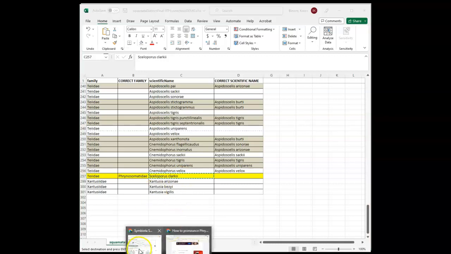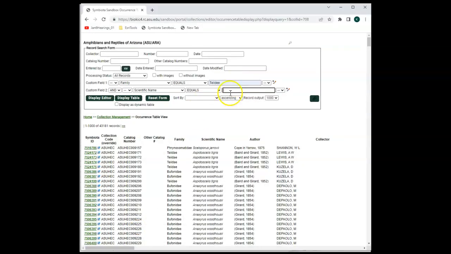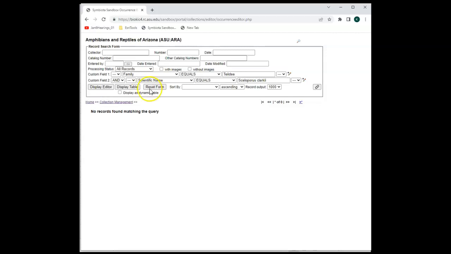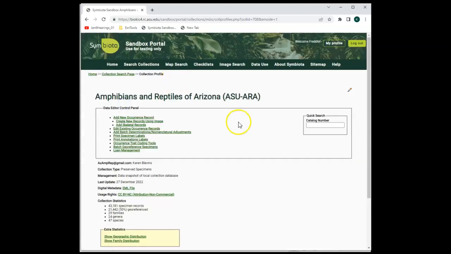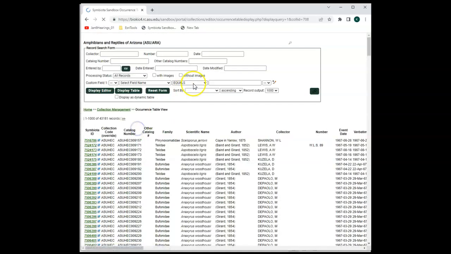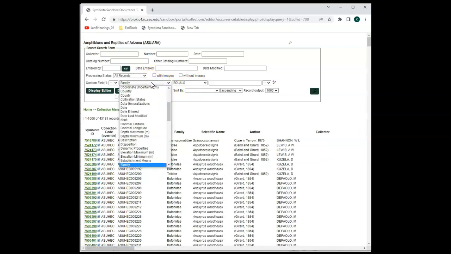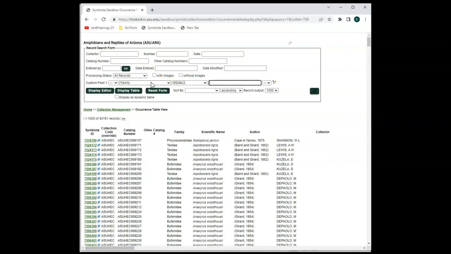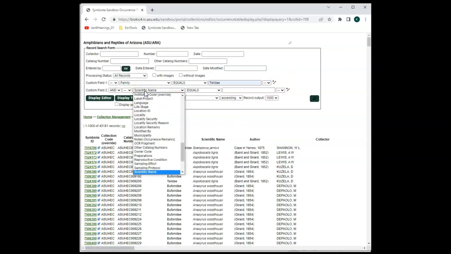And I'm going to paste that into the field. And again, display editor. And notice, oh, so I must have made a typo. Let's try that again. Family equals, yeah, I probably chose the one that was spelled with an EE. Let's try that one. And then scientific name